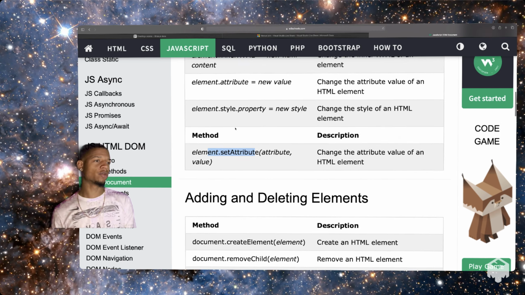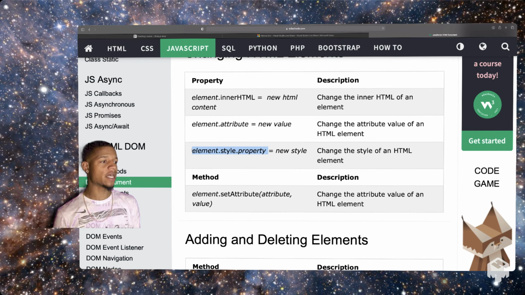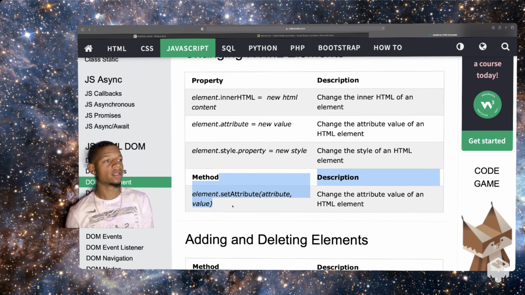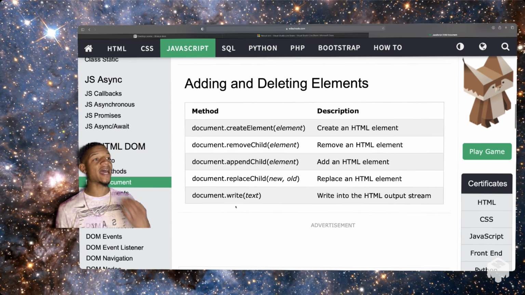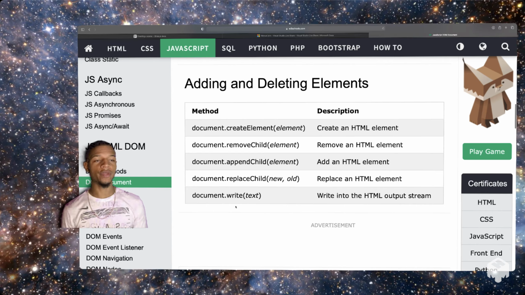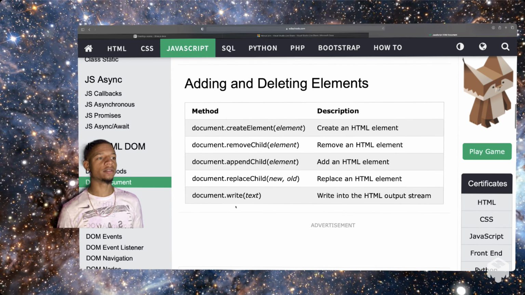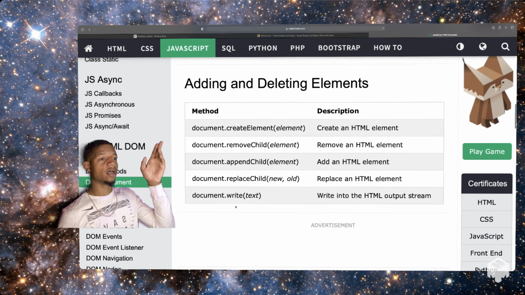And I don't really use setAttribute because I just use this one or that one. But setAttribute is pretty much doing the same thing as that one. Cool. Okay, and then now we have adding and deleting elements from the DOM. So how can we add elements to the DOM? Or first, this one shows us right above is